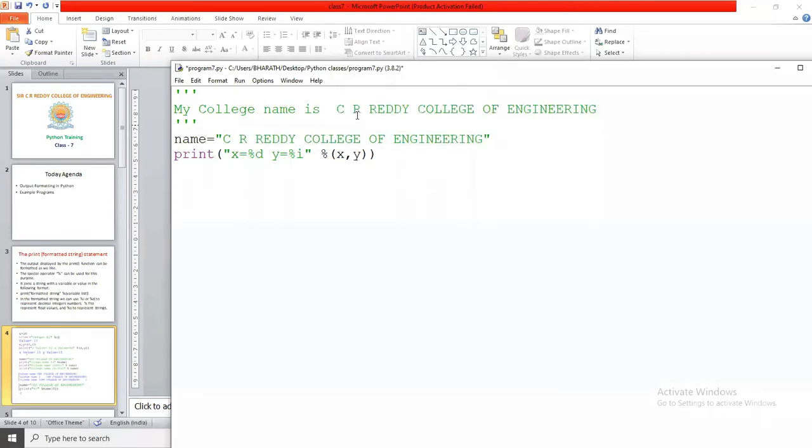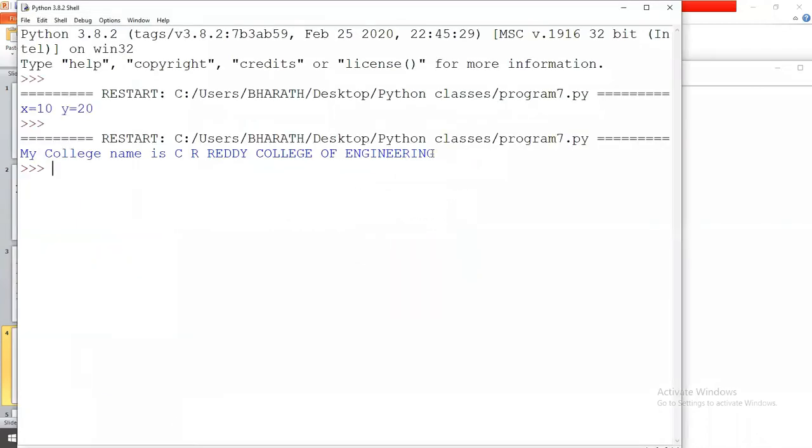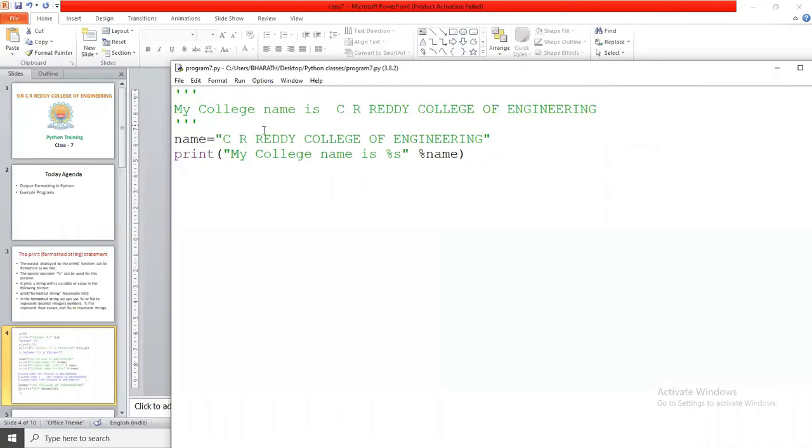So here I give my college name is, after that space, %s, and here I specify that name. That's it. If I execute this, see this, my college name is CR Reddy College of Engineering.